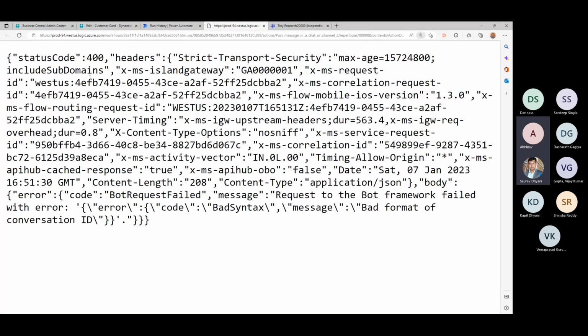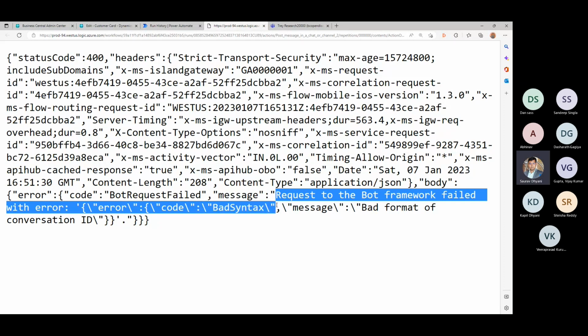It says what? Okay. This one, body: bot request failed. Request to the bot framework failed with error, bad syntax. Bad format of bot conversation.